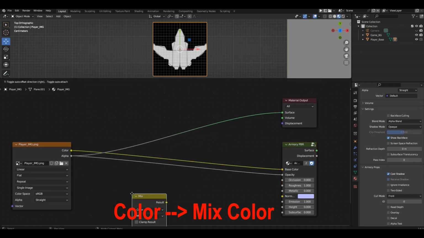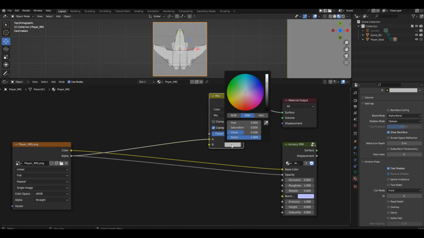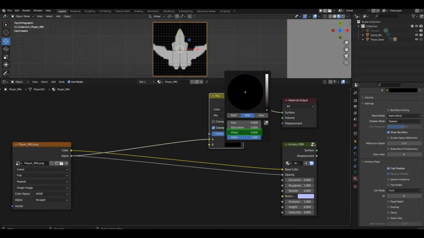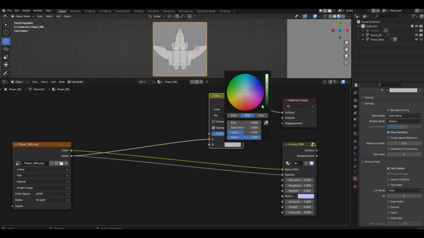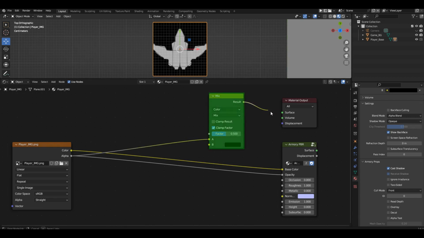Add a mix color block. Connect the alpha channel from the texture to the first slot. In the second slot, open the palette and select an absolute black color by dragging the value slider to 0, or by dragging this slider down to the end. Now, click Ctrl-Shift left-click on this block to see what we have. You can now notice that the white area is no longer purely white.